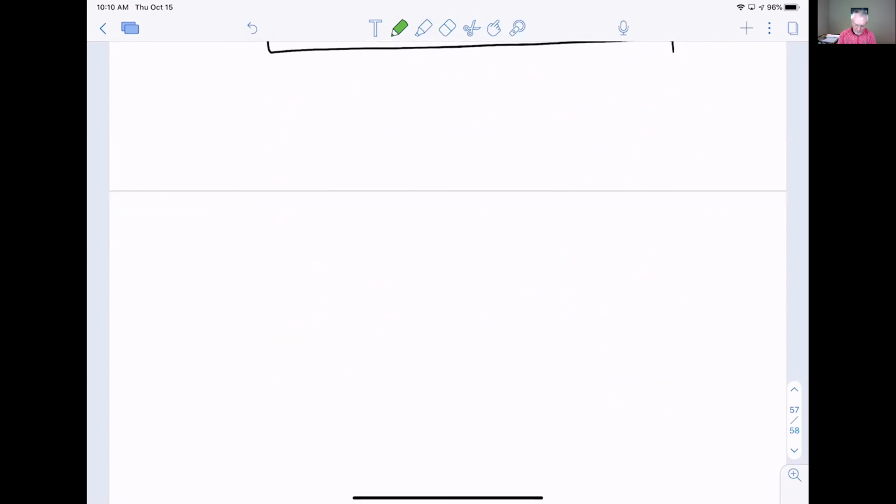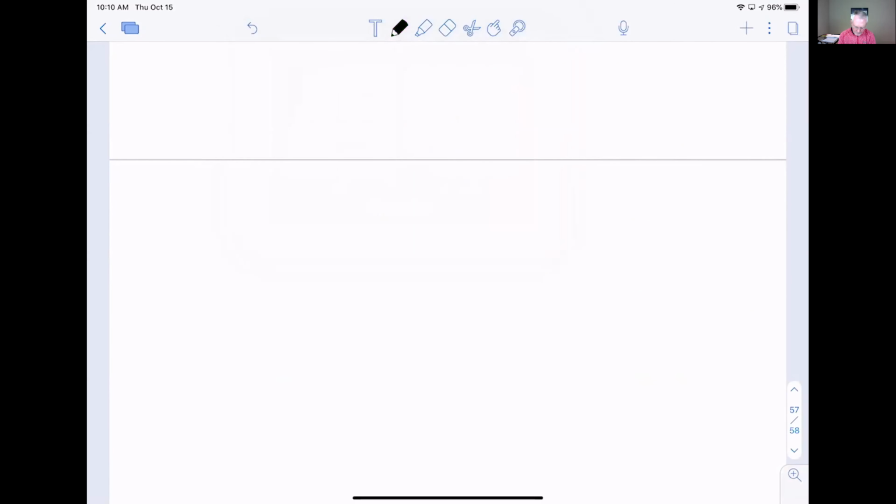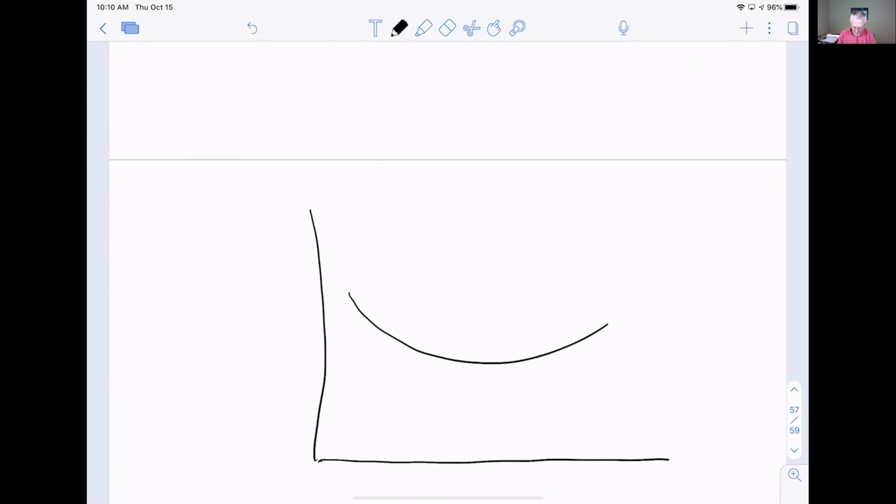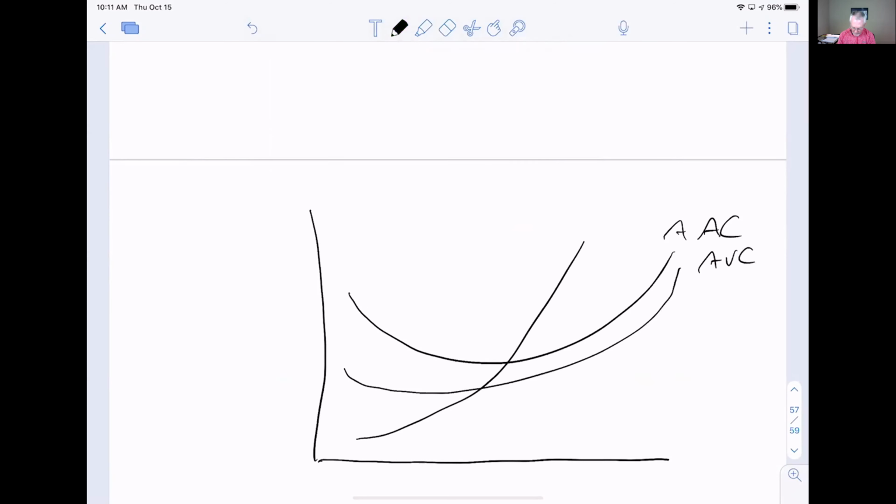So coming back and redrawing this one more time, all my curves here, I've got my average avoidable cost curve. I have my average variable cost curve. Here's my marginal cost curve. And the firm will operate only when price at least covers its average avoidable cost, or total revenues cover those costs. So it will be right at this price here where